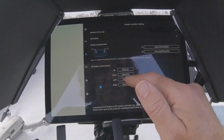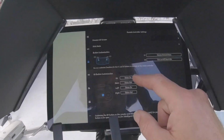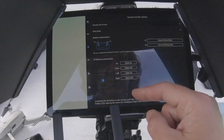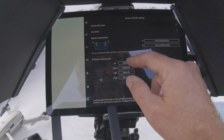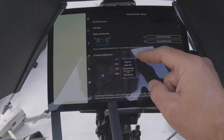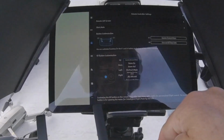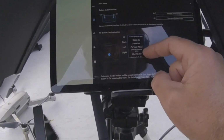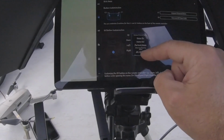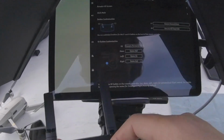This one actually is kind of helpful here. So this is a 5-way button, so you can, he's got it as zoom in, zoom out, left, zoom in, zoom out. And here's how I've got mine set up. So you can tap here, and if I push this up, then it actually has the camera quickly go straight out. So let's see if that's an option on his. Camera forward, down. There we go. And then the down button